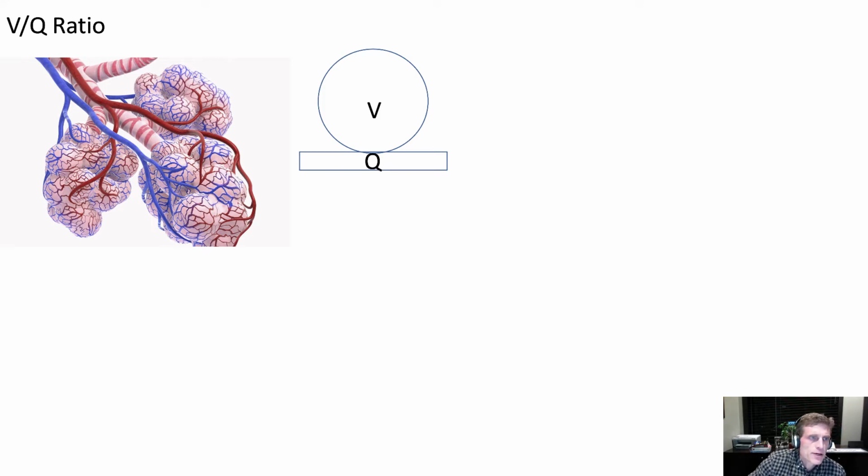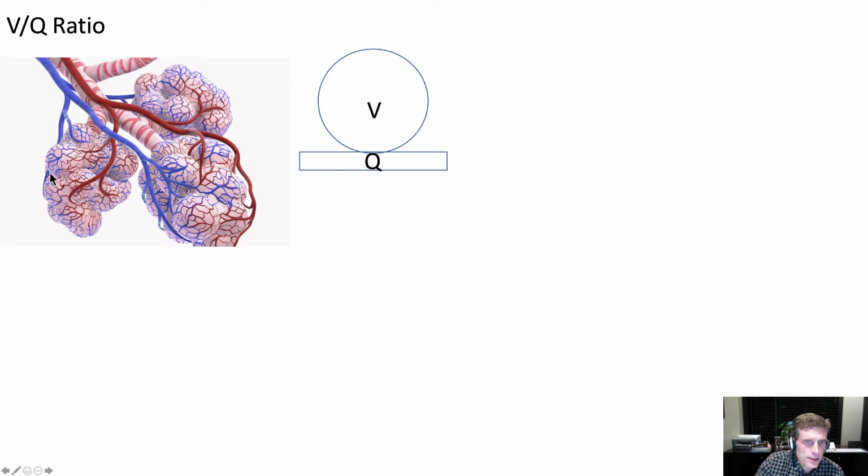Here we have a lung unit, we've got an alveoli, and we have deoxygenated blood that's coming from the right side of the heart through the pulmonary artery and then eventually into these capillaries that go around the alveoli. And this is a schematic of a single alveoli unit with the alveolus and with the capillary going by it. And that blood gets oxygenated, and that's why it turns red here. And it goes back through the pulmonary venous system and ultimately to the pulmonary vein, and it returns to the left side of the heart as oxygenated blood